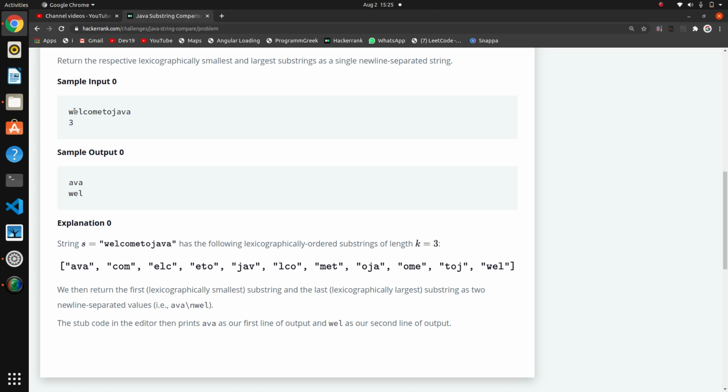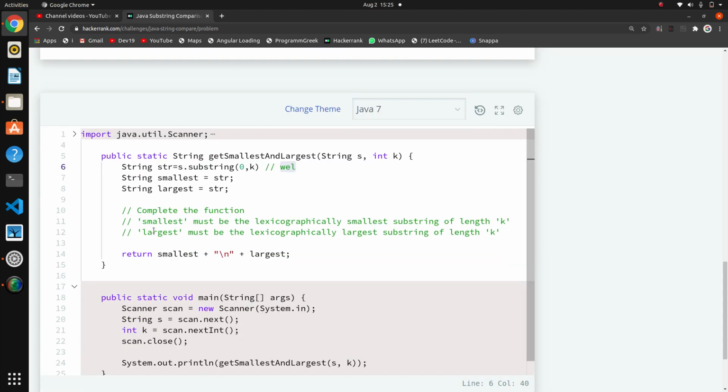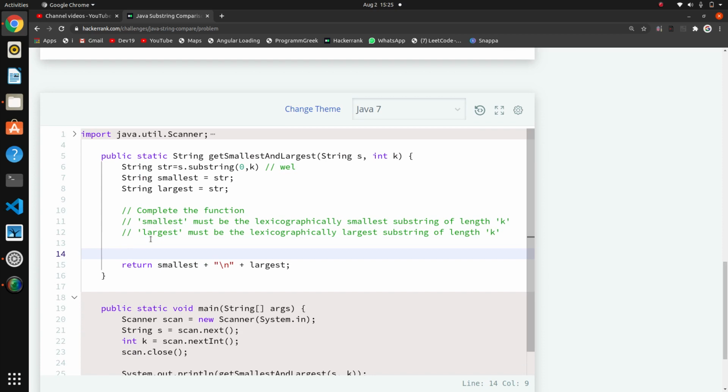For finding all these substrings like elc, lco, com, we have to iterate a loop. So we will iterate a loop for int i is equal to, and this is the important part, from where we want to start and where we have to end.